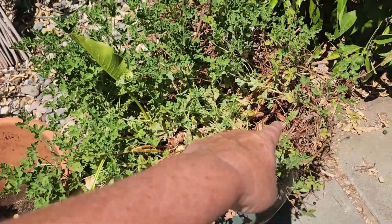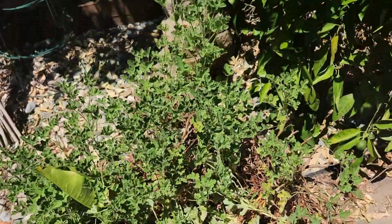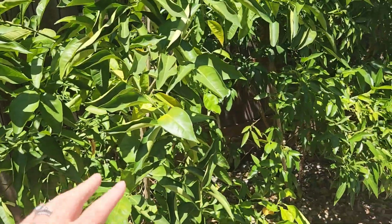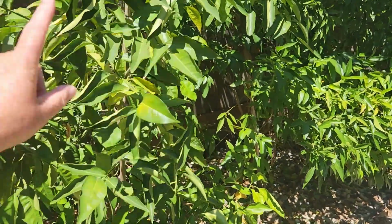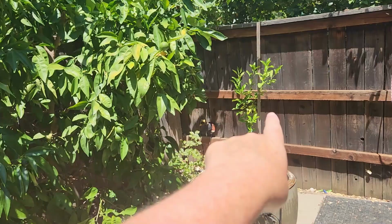It normally looks like that because it kind of goes over and spills. So a hard cutting back will get rid of all that dead. Here is my citrus grove. This is a blood orange, which I'm going to take out and replace with this sumo mandarin that I just